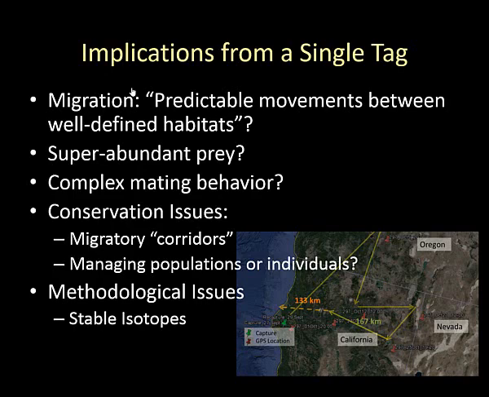One is that there's some superabundant prey source that is also migrating at this time of year, and the bat is tracking that. But I think that prey source would have to be incredibly rich to justify a 1,000-kilometer round trip to track them. I think it's more likely that this is part of their complex social and mating behavior. So it could be that for this particular bat, it may have to travel a route like that to find receptive females. Still, it's unknown, but I think it does raise a lot of conservation issues.